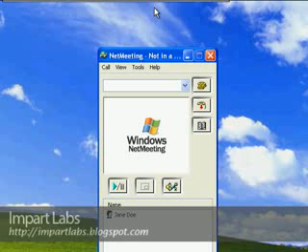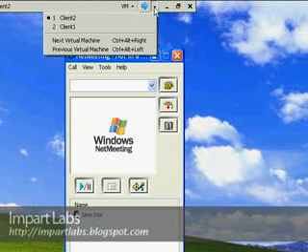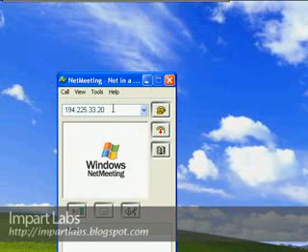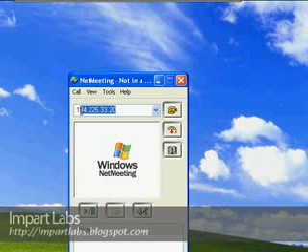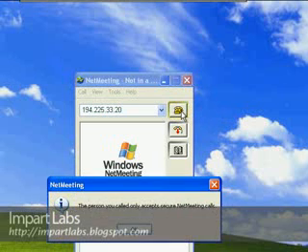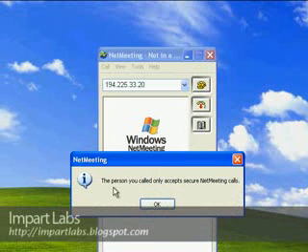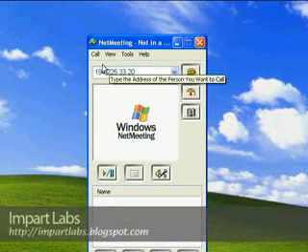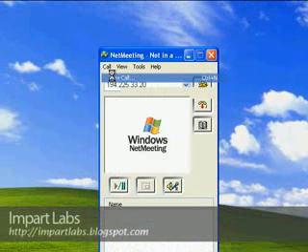Okay, so let's go back to client 1 and see if we could join the meeting. One thing that I have to say is that when you want to join the meeting, since we clicked the secure checkbox, when I type the IP address of the meeting host and simply click place a call, it would say that the person you called only accepts SecureNet meeting calls. So what we have to do is click OK, come to call, place a new call here,